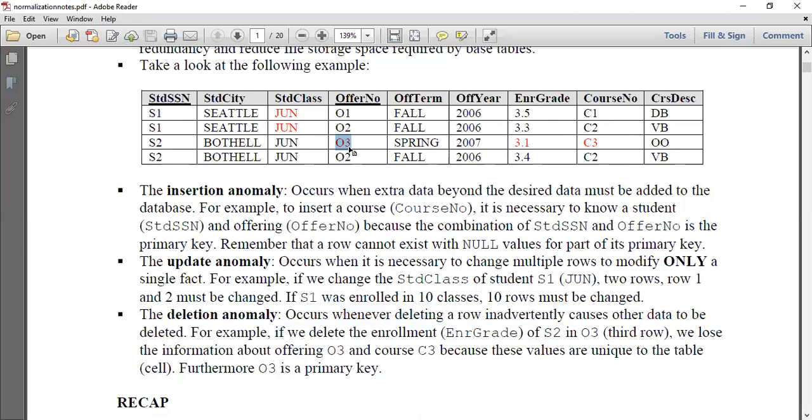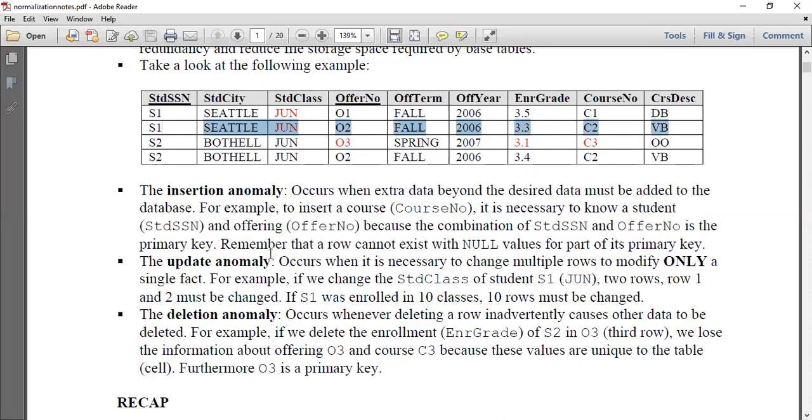The offer number tells which offer it is, O3, a spring offer. Usually an offer is not associated with a course, but since we are keeping this in one table, in a row, if I delete this 3.1, then obviously C3 will be deleted, but it also affects the left side, that is the offer number, and the further left side, S2.